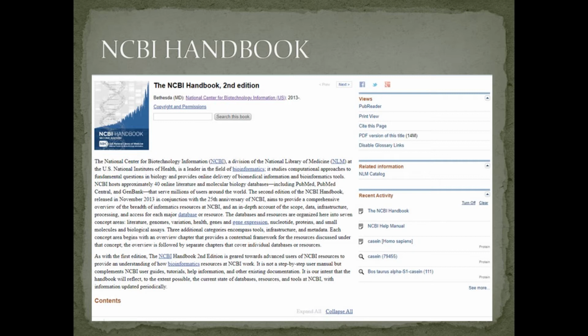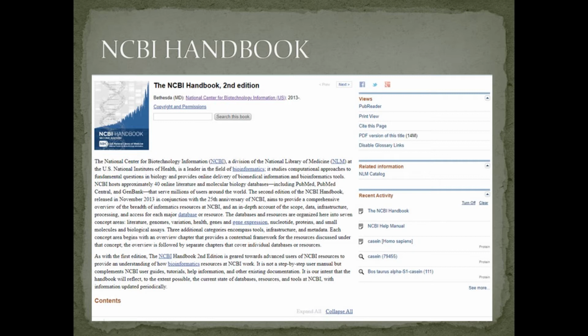The National Center for Biotechnology Information, NCBI, a division of the National Library of Medicine, NLM, at the US National Institutes of Health, is a leader in the field of bioinformatics.